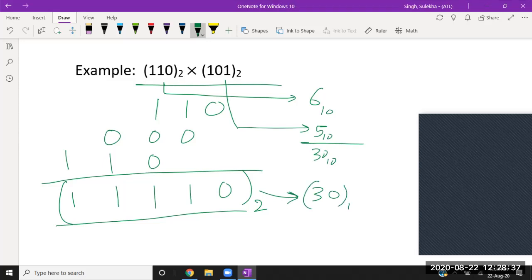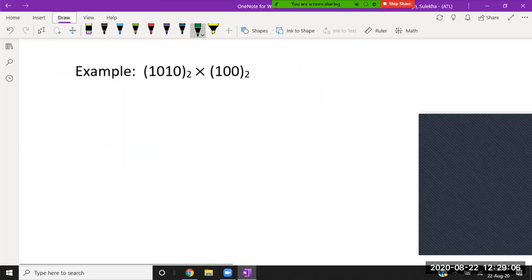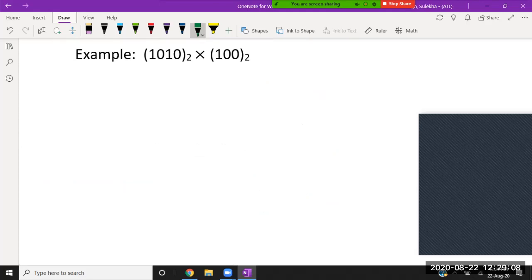So you can check that if you convert into the decimal number system and solve, you end up with 30, then again you need to convert 30 into binary, then you need to write this one. And the second thing is you need to directly multiply all these numbers in the binary number system itself. So this is the way of multiplying in the binary number system. Solve one more example very quickly and write your answer in the chat box.